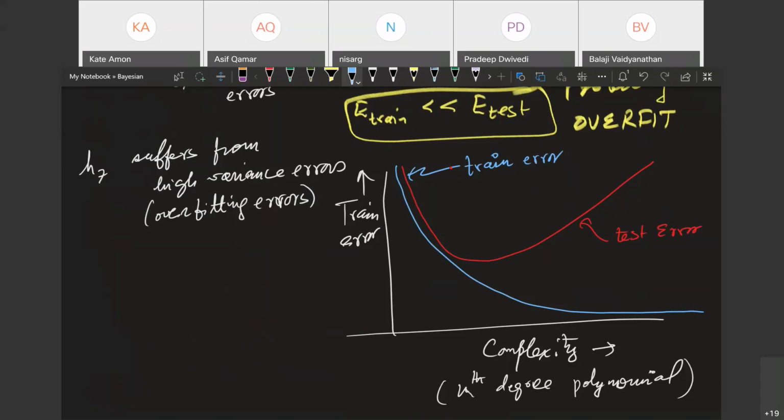Now, let's try to understand what happened. Why is this blue line continuously going down, the training error going down, right? With more and more complex models or higher degree polynomial? How would you explain it? Anyone, guys? Fitting to noise. Yeah, it's fitting to noise. It's very flexible. The more flexible you make it, the more it will reduce the errors by going through more and more points, or getting closer to as many points as possible, isn't it?